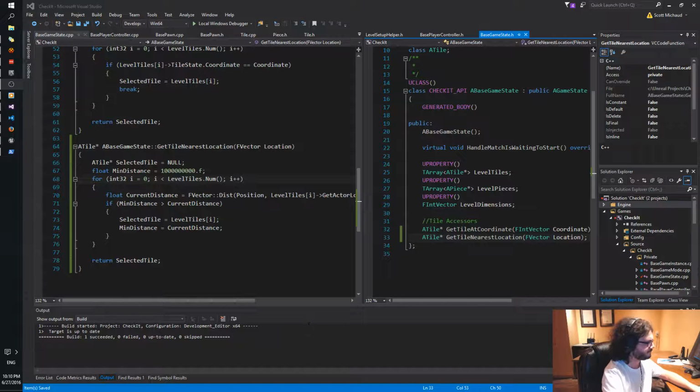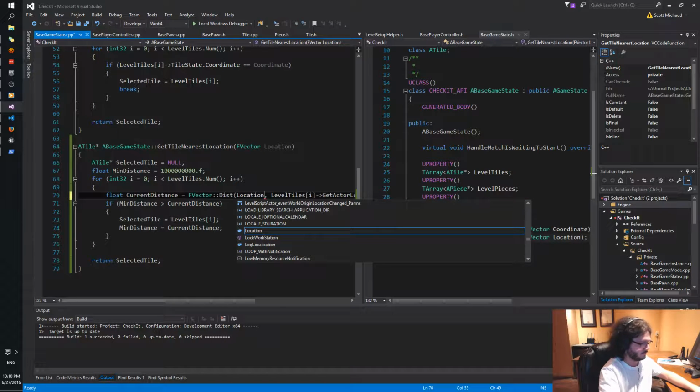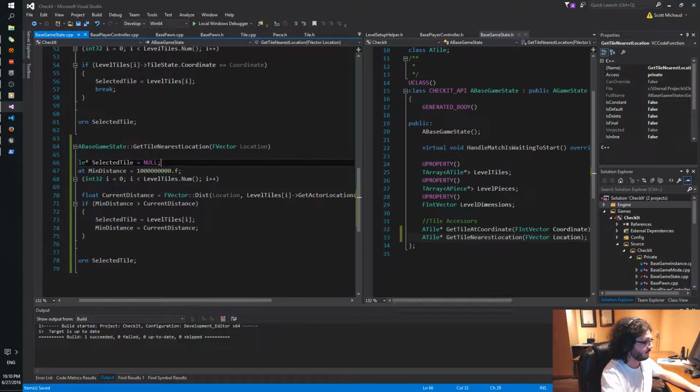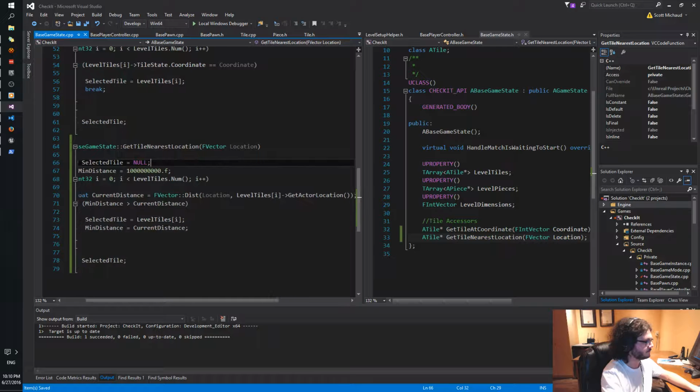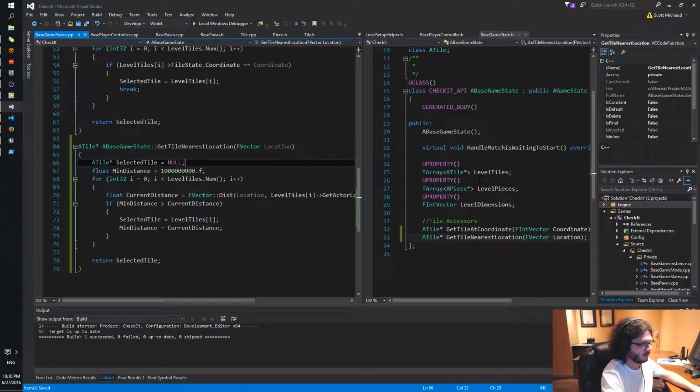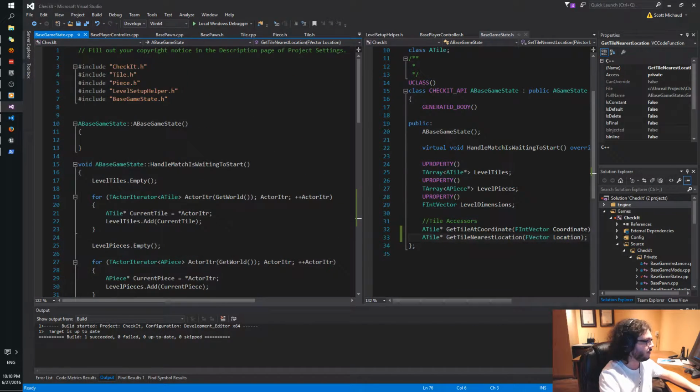Oh, here it is. So location. That's good. So now we can use this, because this is what we needed on begin play to snap our player pawn to the right area.